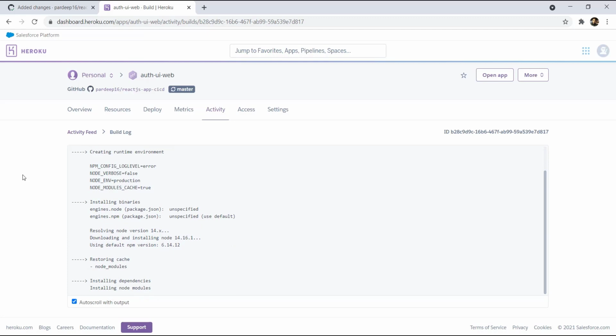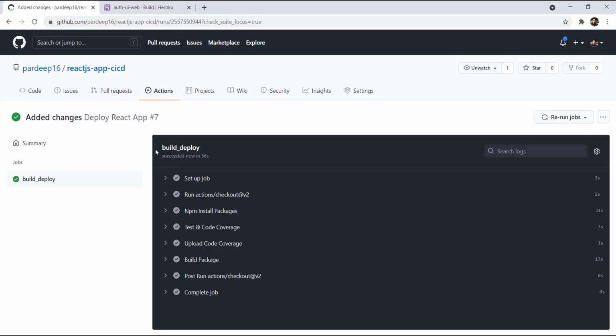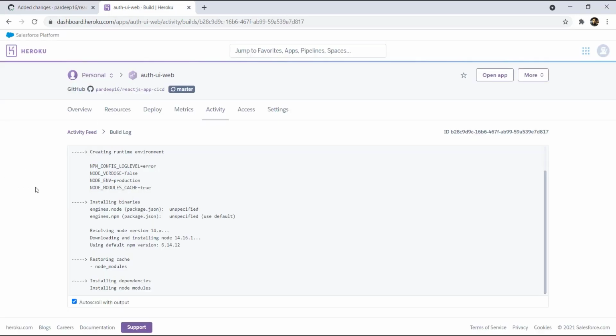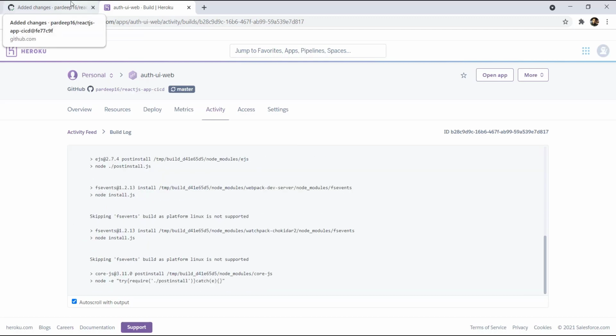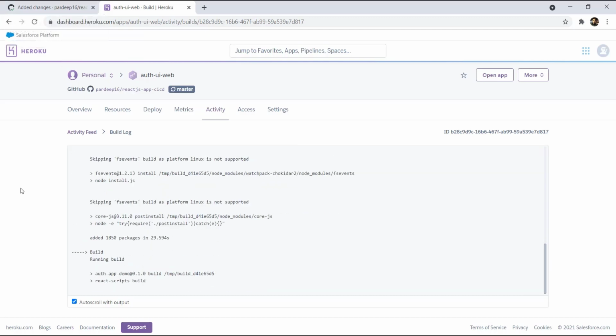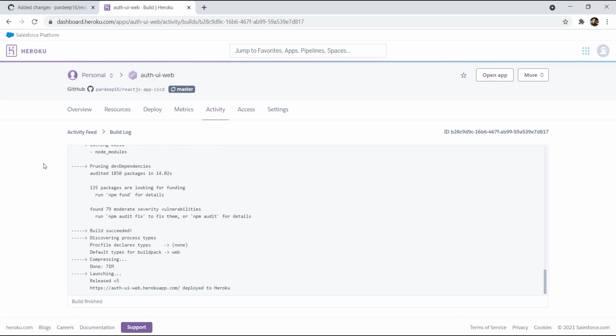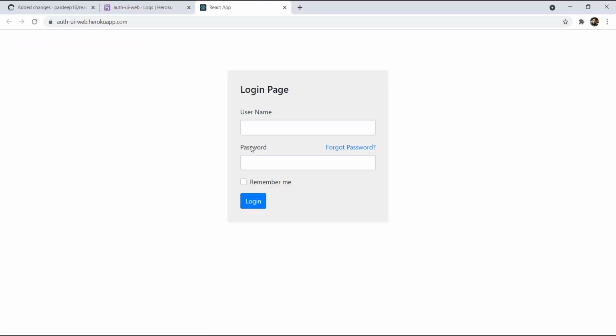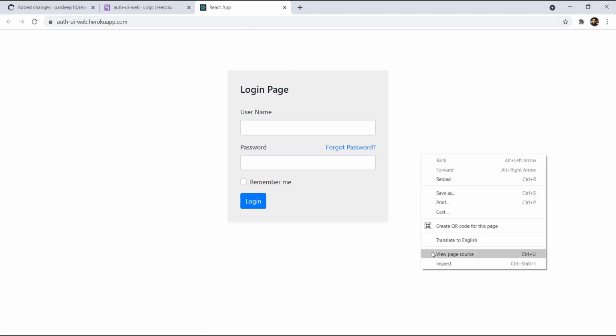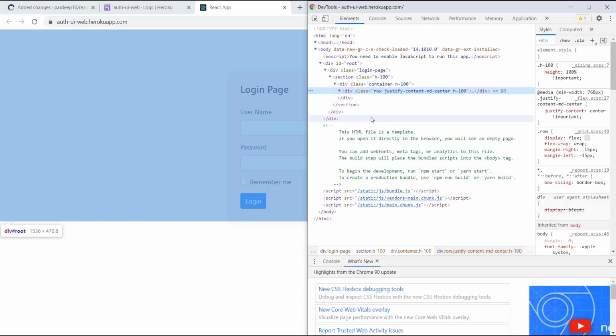Whenever we make a change in the repository on GitHub, the CI will run our build, and after that the deployment will be triggered on Heroku. Once the build is finished, we can now open the application.